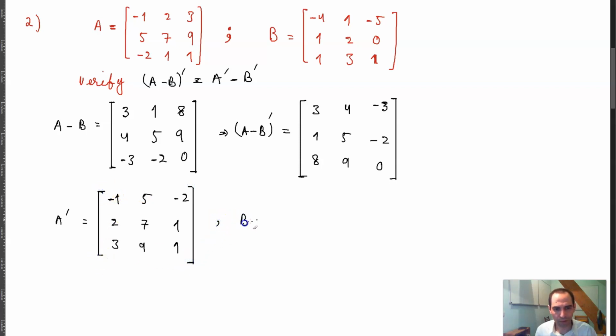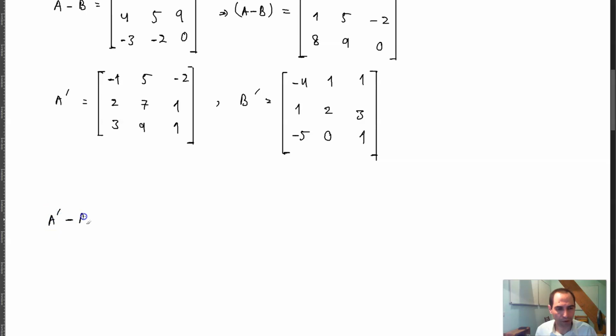And also B prime is the transpose of this matrix, which is, for example, negative 4, 1, negative 5 as a column, 1, 2, 0 as a column, and 1, 3, 1 as a column. And therefore, A prime minus B prime